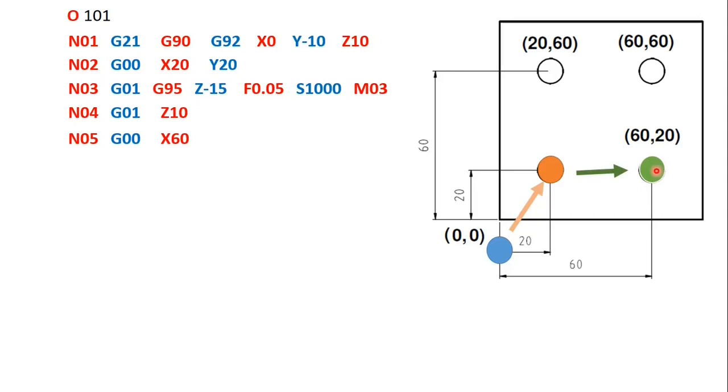So the tool has reached this position 10 millimeter above the workpiece. Then what I have to do? I have to now start the drilling operation. So you can see I am mentioning G01 and then I have given the feed rate and other things. Okay. So Z-15. Again I go to depth 15. Drill it. After drilling, again I have to come up, that is G00 Z10. So you can see like this, two operations have happened. So similarly, I have to repeat for these two also.